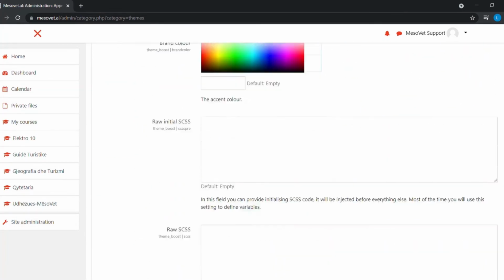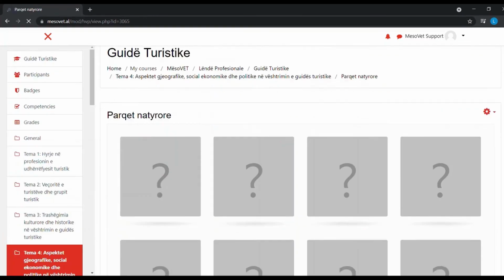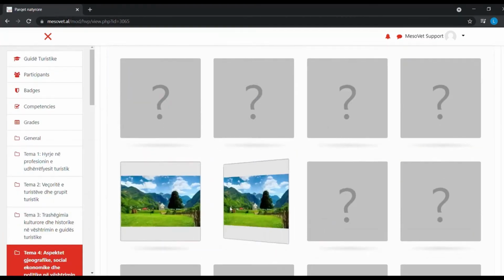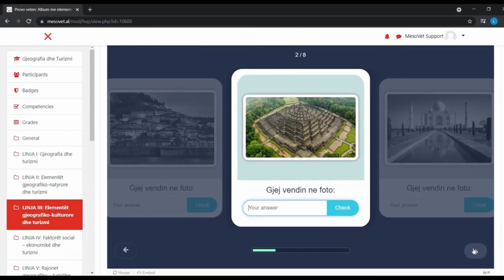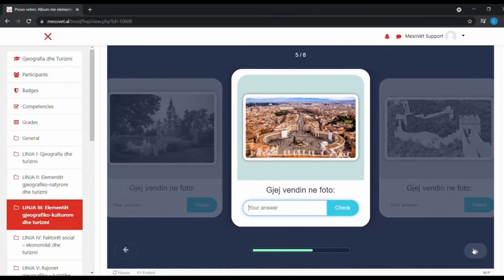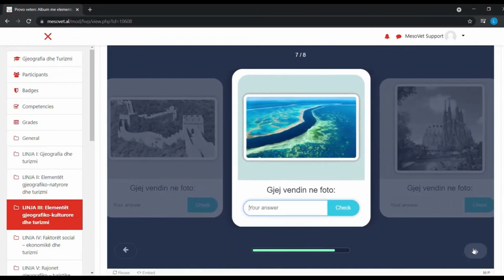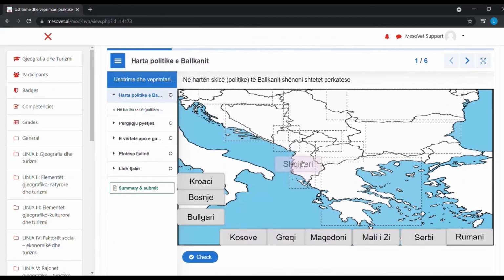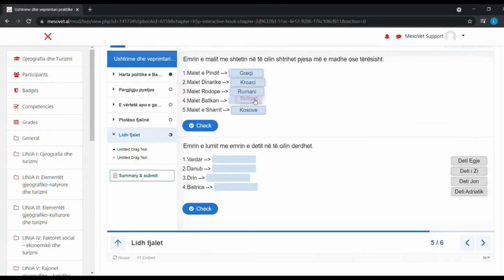The best thing that Moodle offers is the abundance of Moodle plugins that one can use to make the learner's experience even better. The community of developers provides a variety of tools to work with, and there are more than 400 plugins integrated in Musovit. A very useful plugin we have integrated is H5P, a free authoring tool that allows the teacher to develop different kinds of multimedia, including slide presentations, flashcards, interactive videos, quizzes, and a lot of other activities.